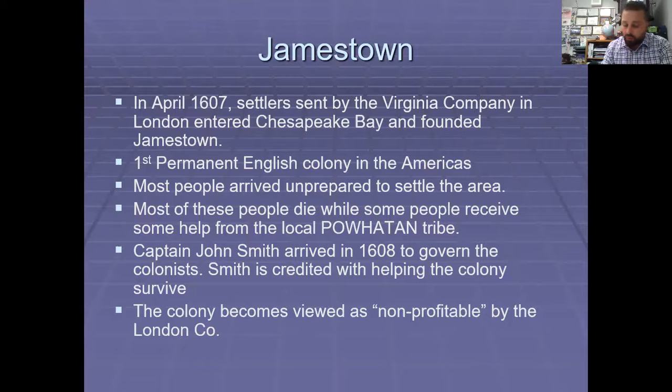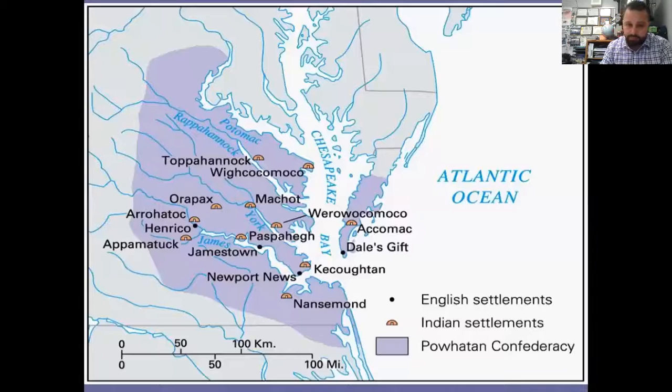Jamestown is not profitable. There's no gold. There's no silver. What are we doing? They don't know how to farm the land, so what do we do? When you look at where Jamestown's located, and you can see my little arrow here, it's located on